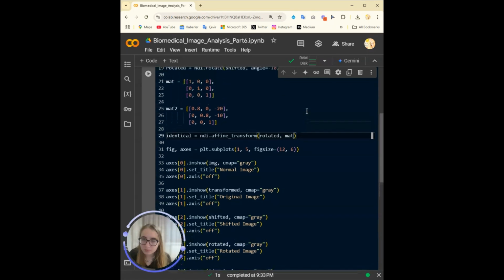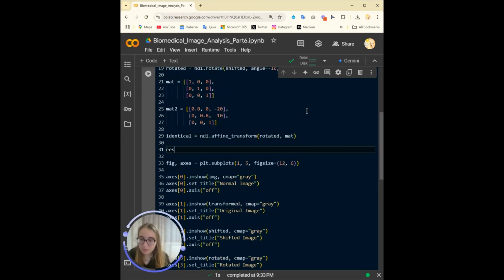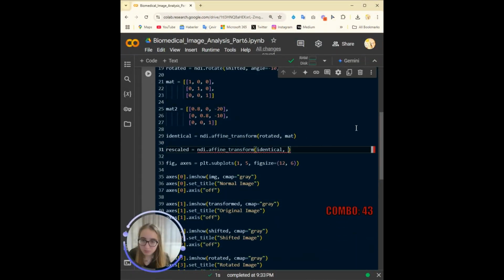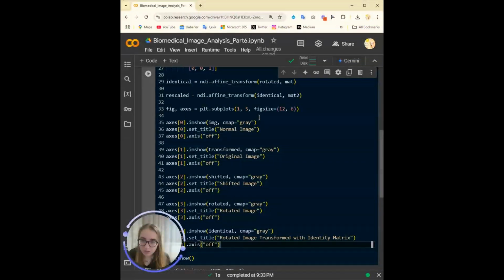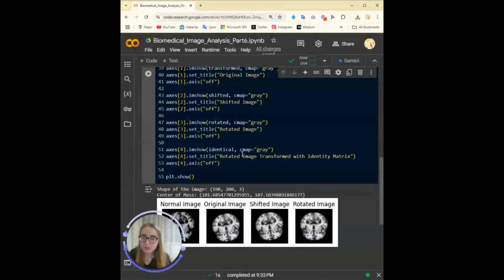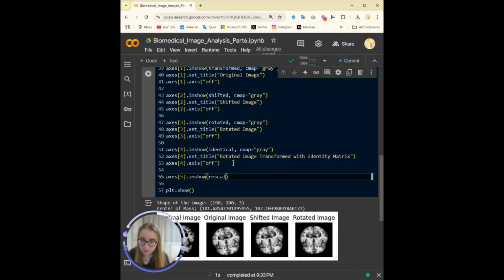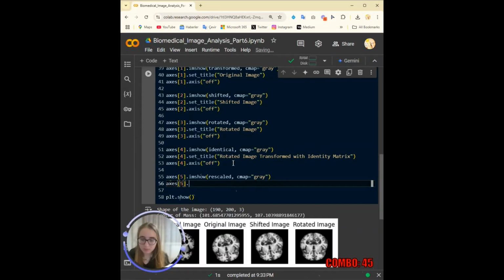And then say maybe rescaled, ndi.affine_transform of the identical image with matrix 2, and then we'll give 6 subplots, show rescaled, cmap gray, axis 5 dot set title rescaled image.